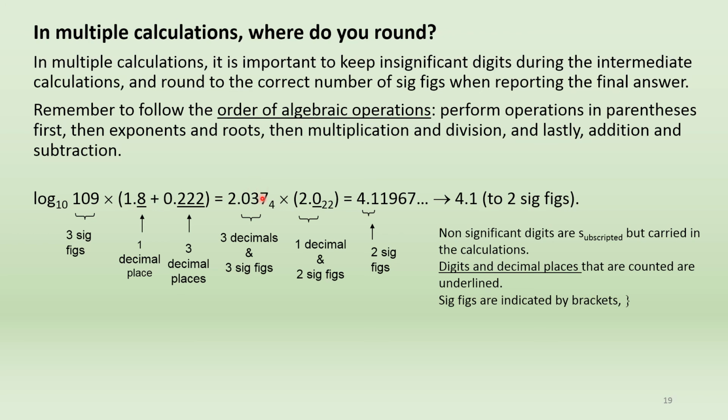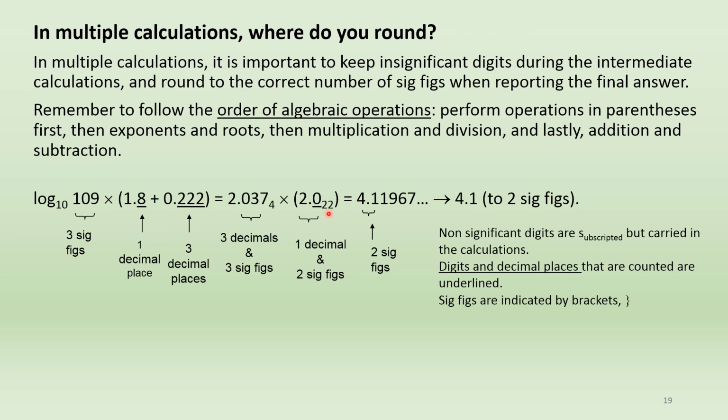So this still has 3 sig figs, the 0, the 3, and the 7. I'm going to multiply that by this sum. Now, when I look to the sum, I have to count decimal places. 1.8 has 1 decimal place, 0.222 has 3, so my answer can only have 1 decimal place, and that's 2.022. I've subscripted the